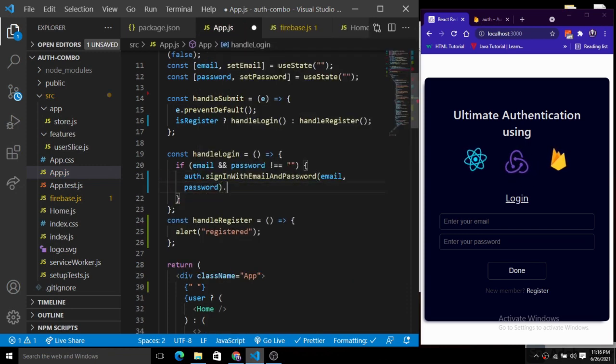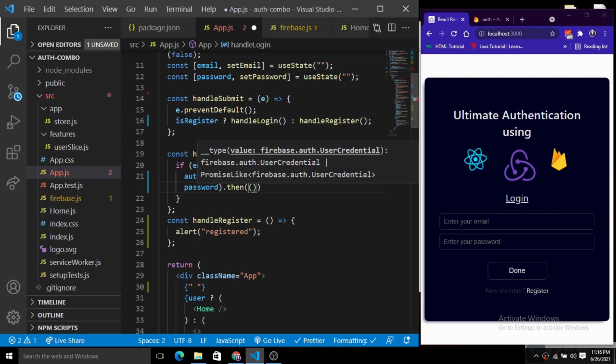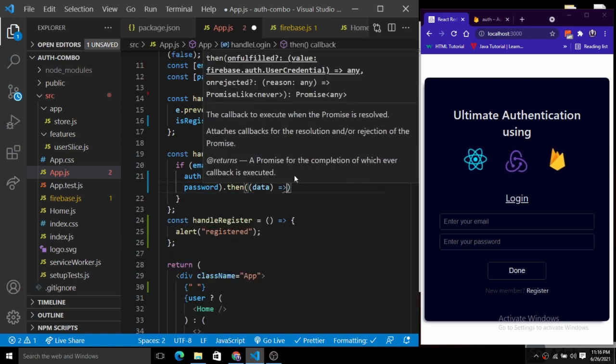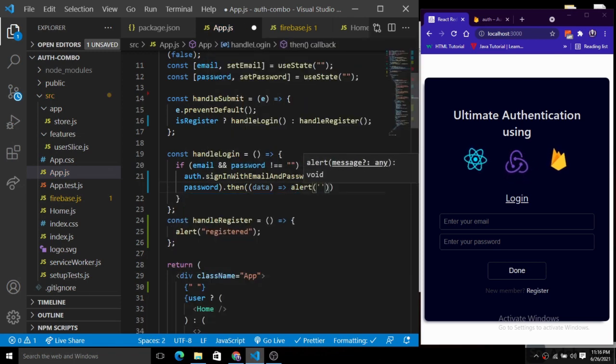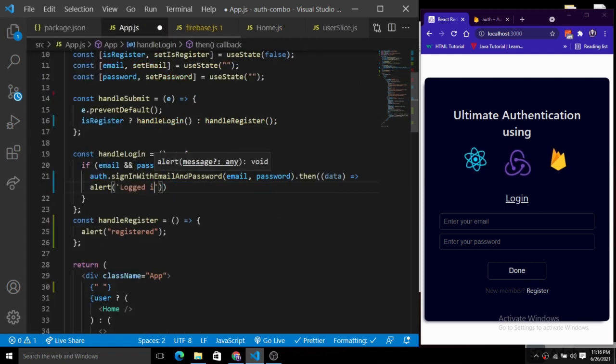If we successfully sign in, then we create a then callback here, and we alert the user with a message: logged in successfully.